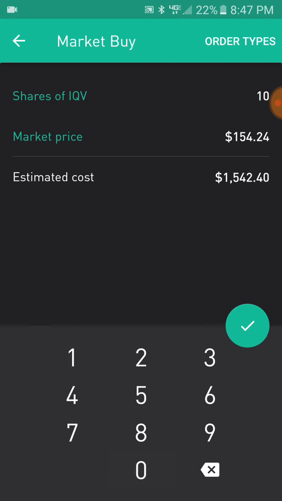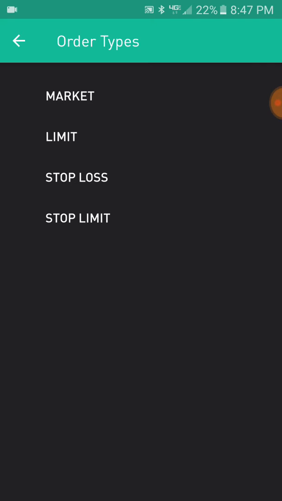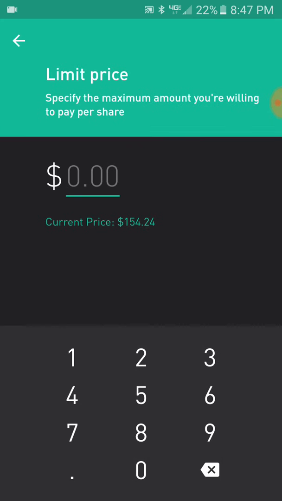Let's say I want 10 shares. Now first it's already set to market price, so it's going to be a market order. Let's say I want to change that order type. I go to order types and I want to set a limit order. Market or limit. They have stop loss and stop limit, but I think market and limit orders are the most common. So I'll click limit,